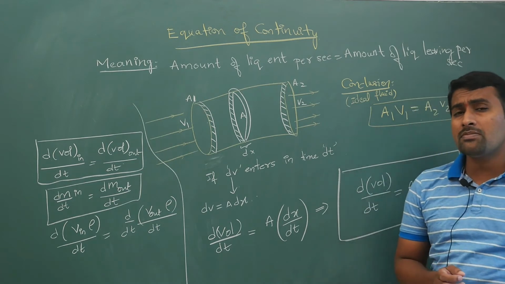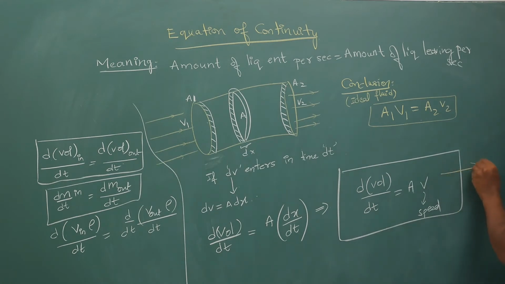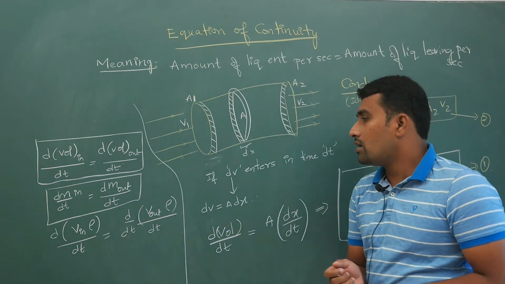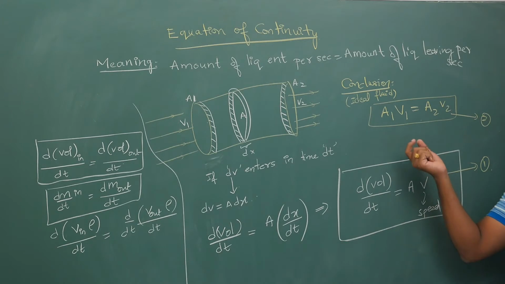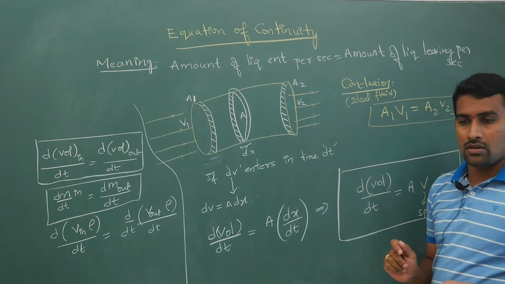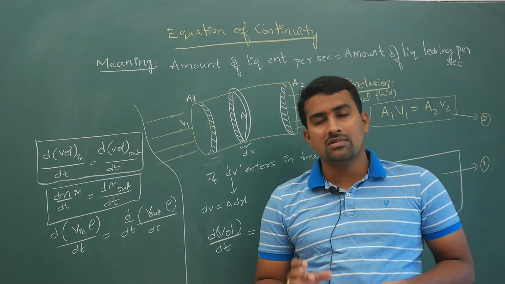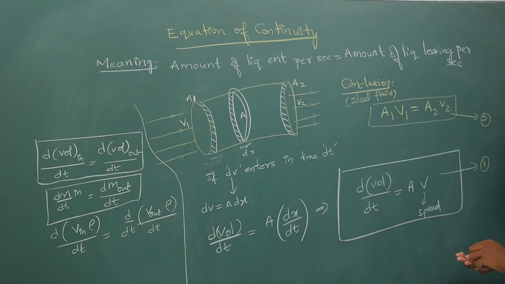So BPC people, those who are watching, if you do not follow something, understand this relation. This is your first formula, this is your second formula. Just remember these two results. There is nothing much to not understand here, it is easy. Your rate of change of volume with respect to time is area into speed, and A1 V1 is equal to A2 V2. This is what the equation of continuity says. Your volume rate is going to remain constant. The derivative of volume with respect to time is constant. So how much enters, that much will leave.